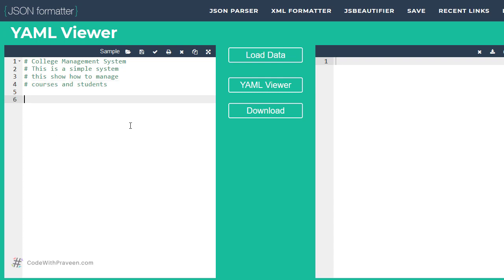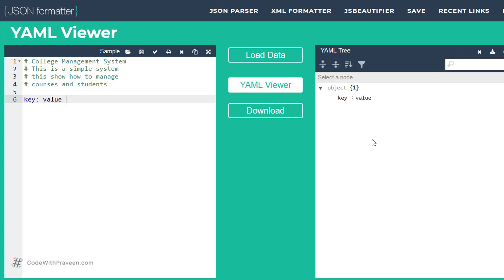Key value pairs in YAML. The entire YAML structure is defined using the fundamental type, namely the key value pairs. Just like JSON, the entire YAML is going to be defined using one or more of these key value pairs. The key value pair is very simple. It is going to be in the format key followed by a space followed by a value. So this is a key value.